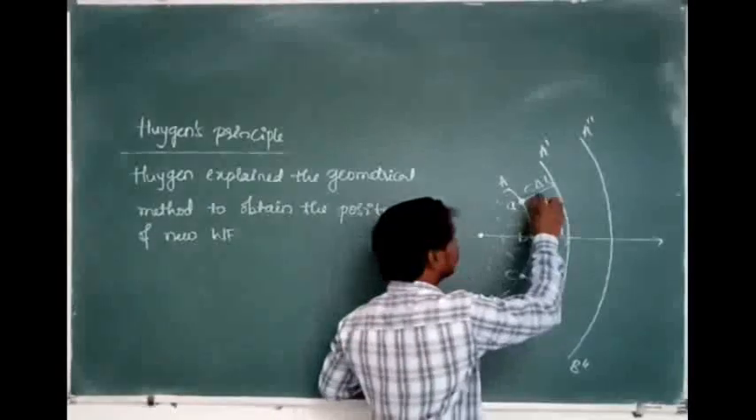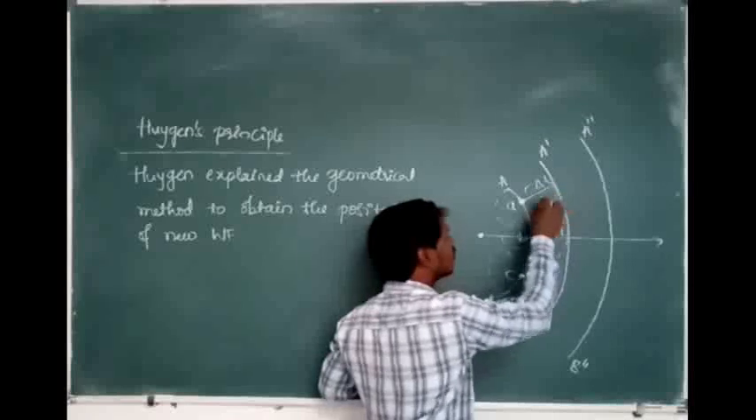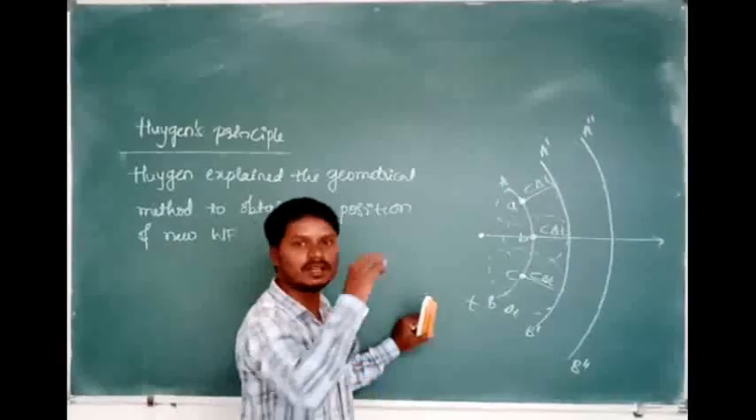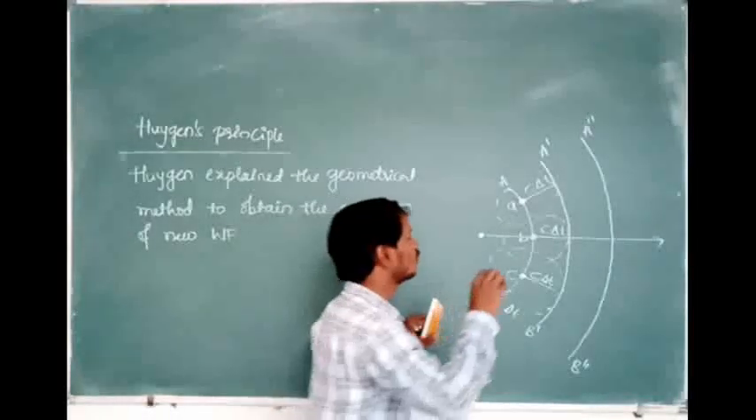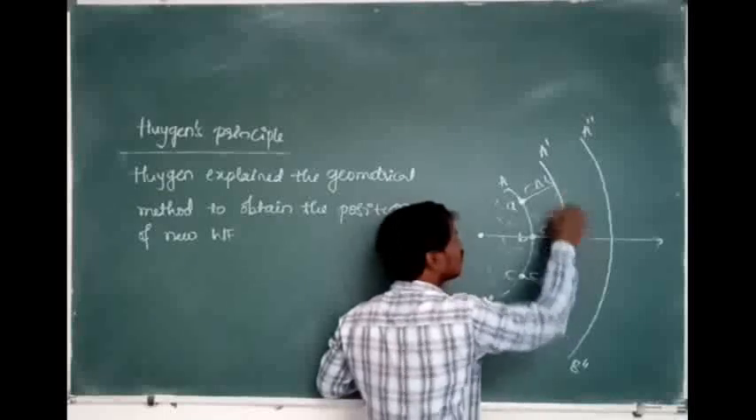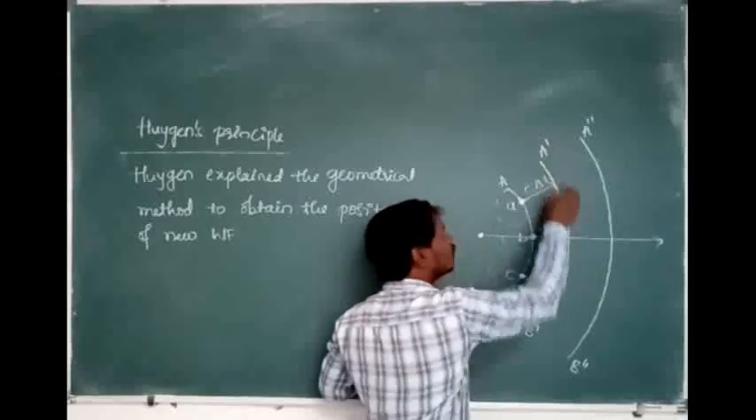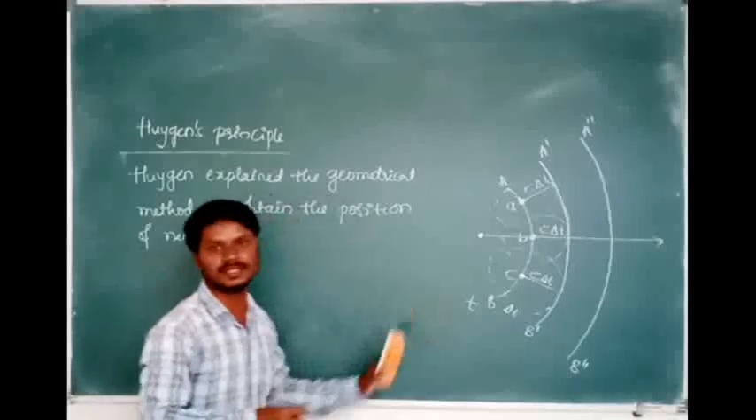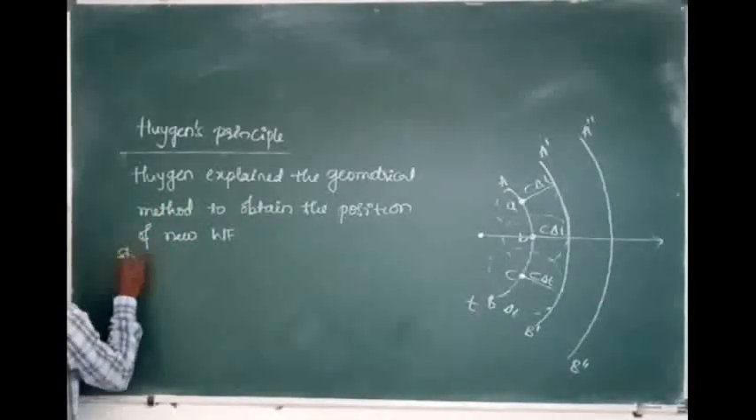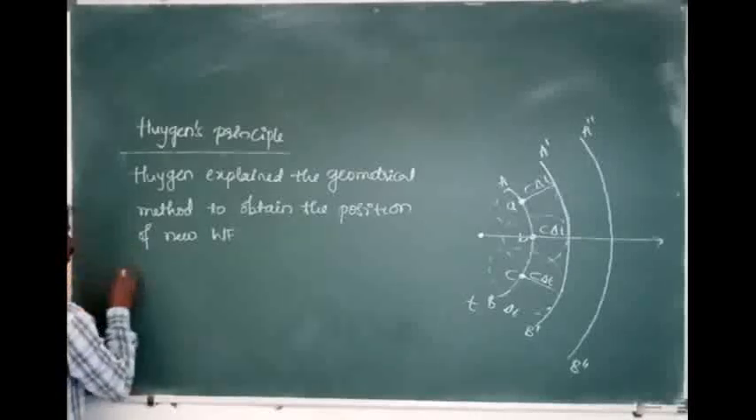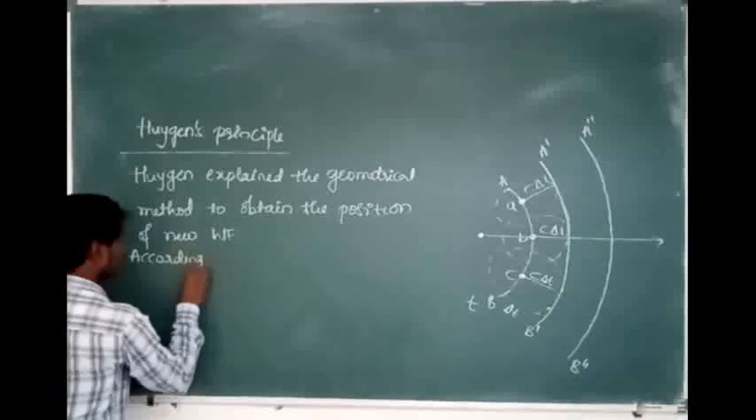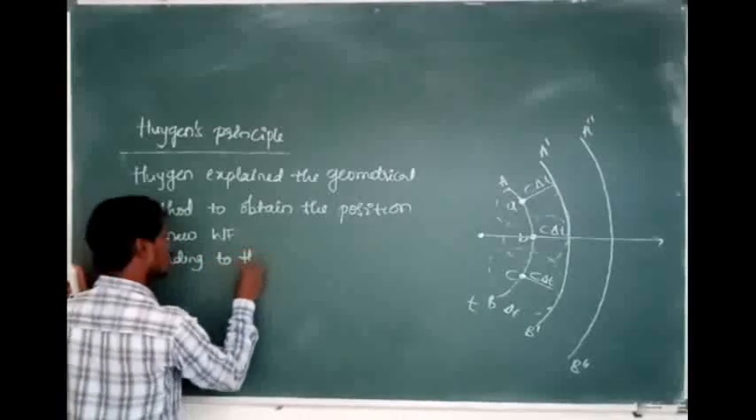So now, by taking c into delta t as the radius and every point on the given wavefront as the center, draw the spheres. Okay. And now we are going to draw a surface touching tangentially the secondary wavelets, which gives the position of the new wavefront. Okay. So what is the statement now? Now, according to Huygens principle,